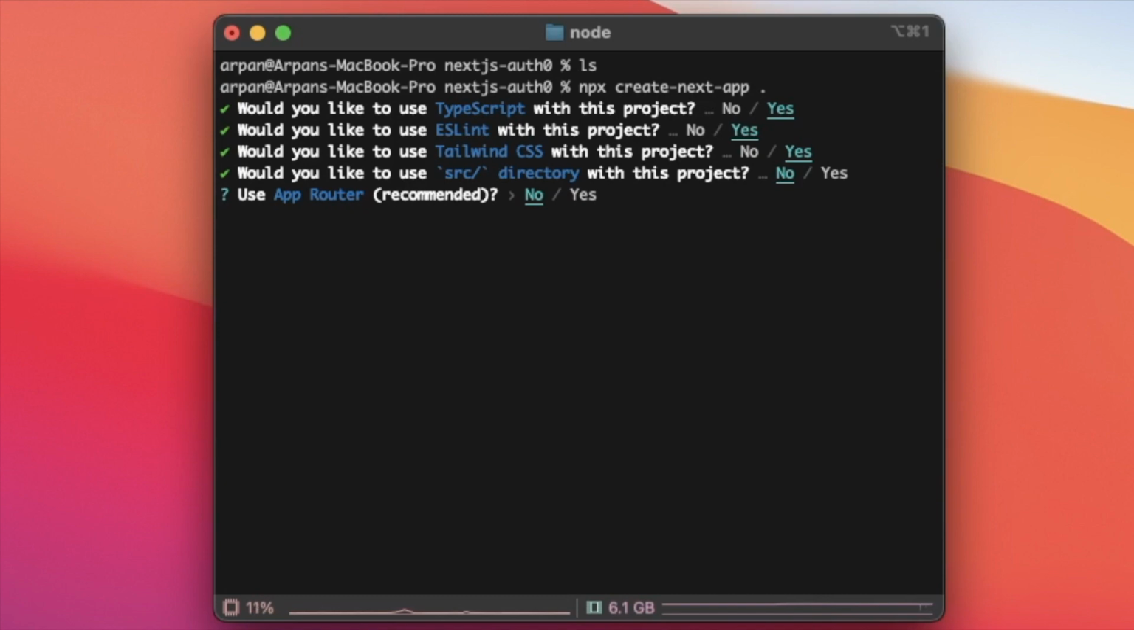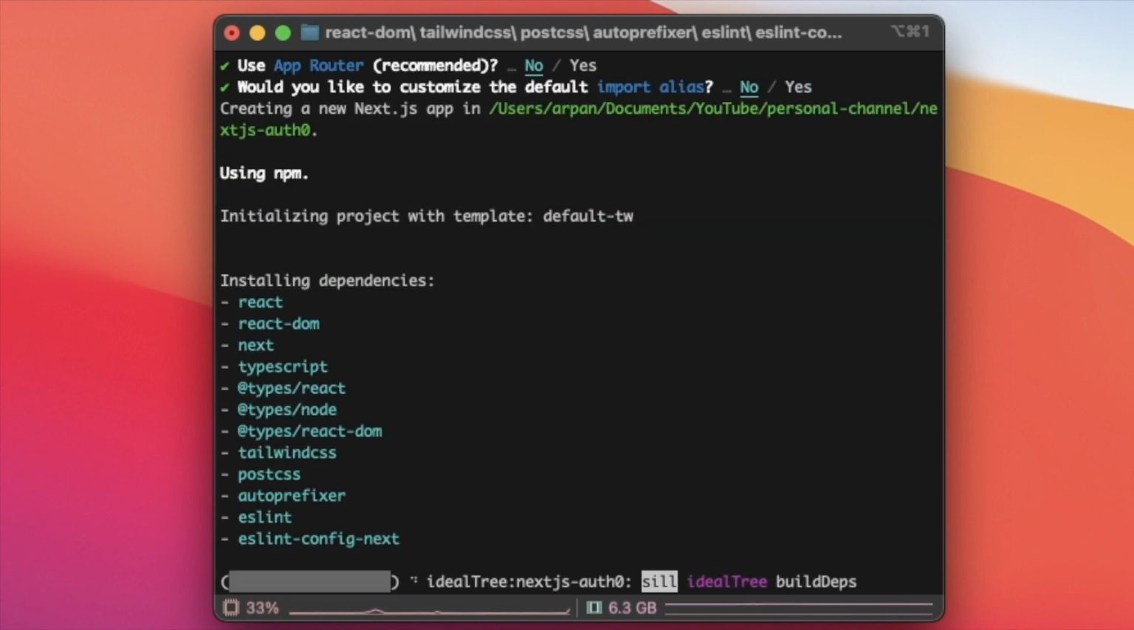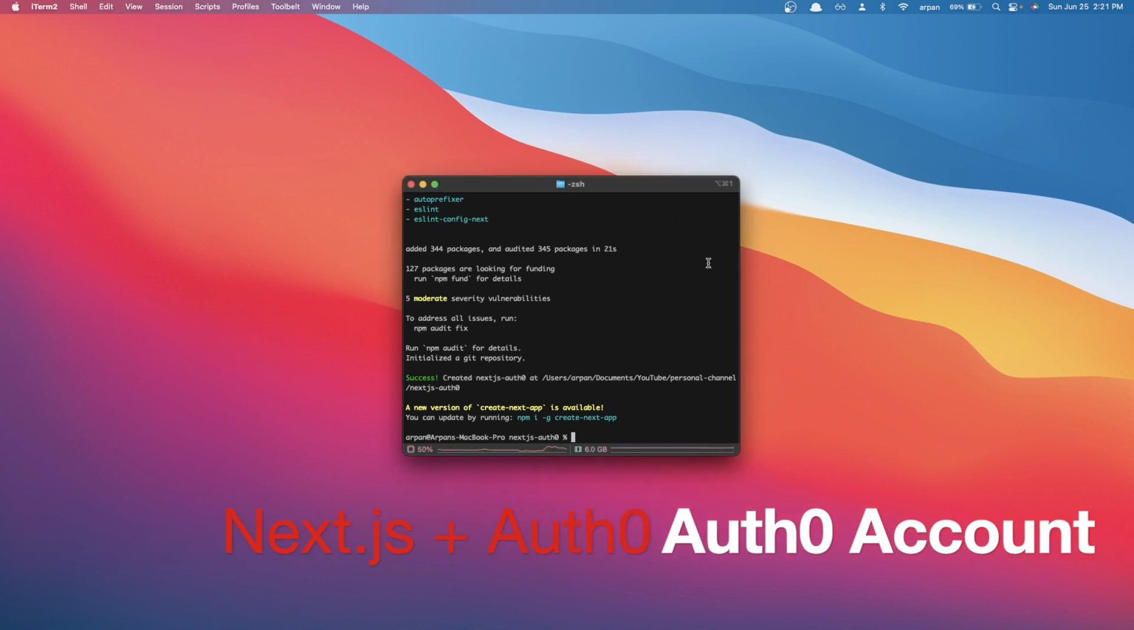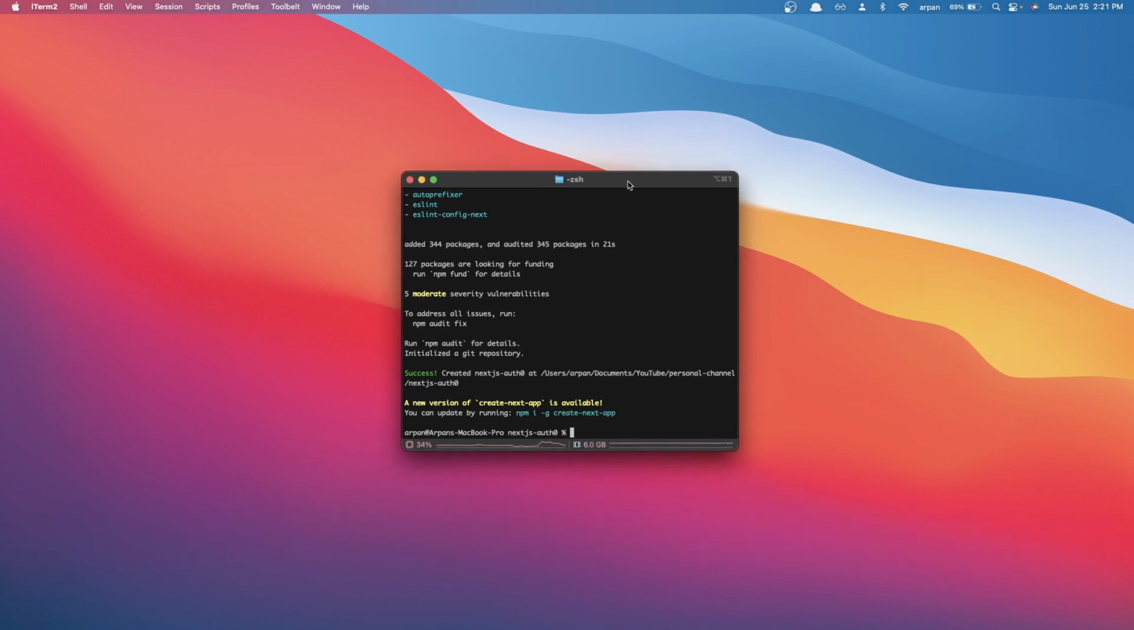So I'm just going to hit no for this one, and then customize the default import alias. I'll just go with no, and if you give it a few seconds, it's going to create the Next.js project inside of this Next.js Auth0 folder, and I'm going to be back once it completes. Okay, so now that we have completed creating our Next.js project,